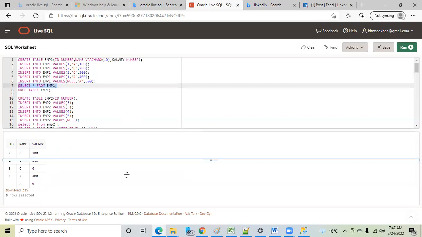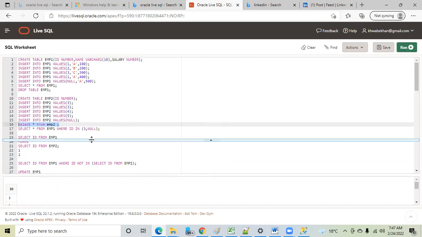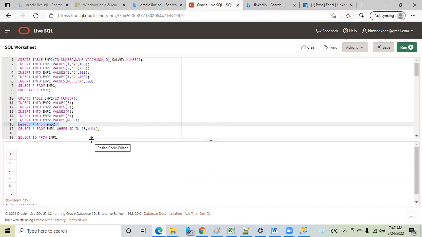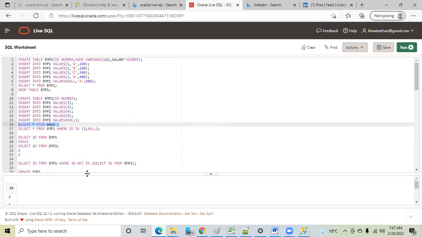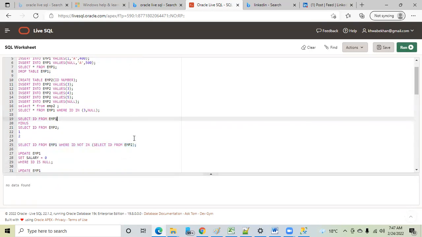One, two, three, one is there. How many IDs are there? Not present here. No data found.